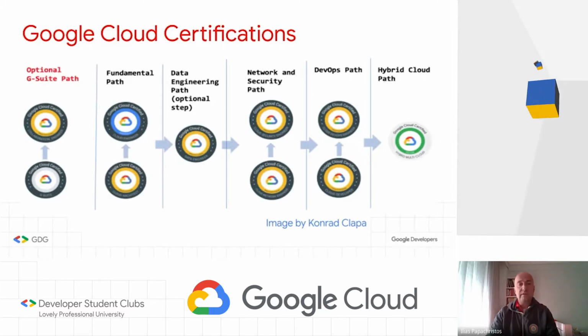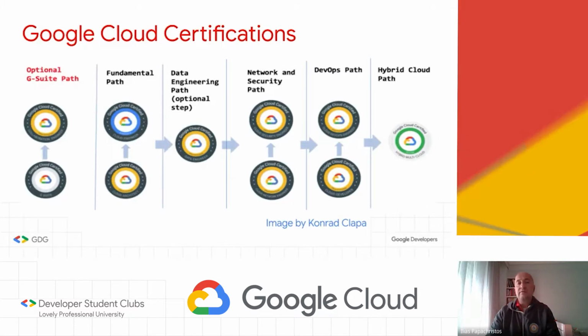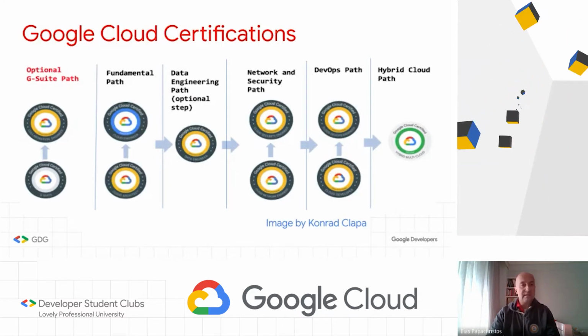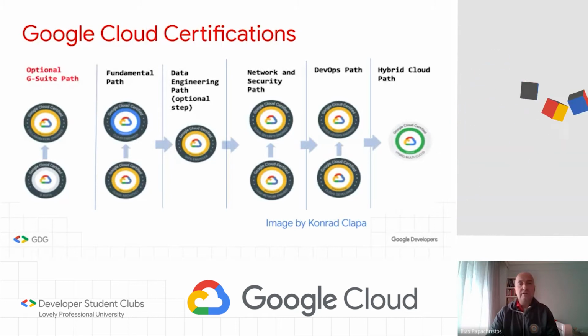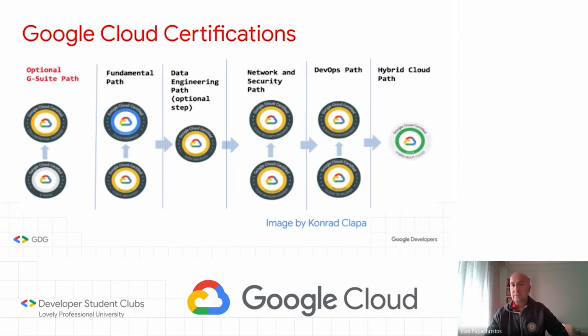And for the first one, the user certification, you only have to complete the Applied Digital Skills training course. I will show it in a minute. And on Quick Labs, to have finished the quest that I will show you. And maybe have 1 month working with Google Workspace. Workspace is renamed. It was the G Suite. Now it's called Workspace. The user certification is intended for individuals with experience using Google Workspace and determines an individual's ability